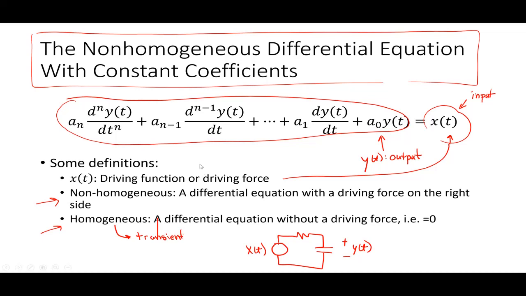All right, so the transient response, basically what this is saying is I can get a transient response even if I don't have a driving force, right? Which kind of makes sense because if you think about it, if I had a capacitor over here that was charged and I did not have a source, let's say there was no source in this system, there would still be a response arising from the differential equation even with no input. Okay? So that essentially comes from the fact that this guy is charged up